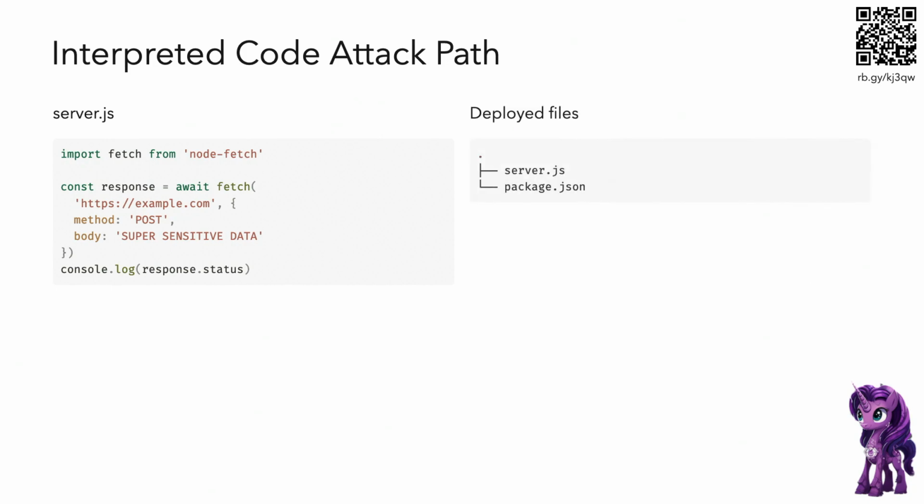So really simplistically, you've got like 2 files you're deploying. Anything sound wrong about that? Yeah. This library here, node fetch, that we're using to give us this HTTPS functionality, it's going to come with a whole load of baggage.